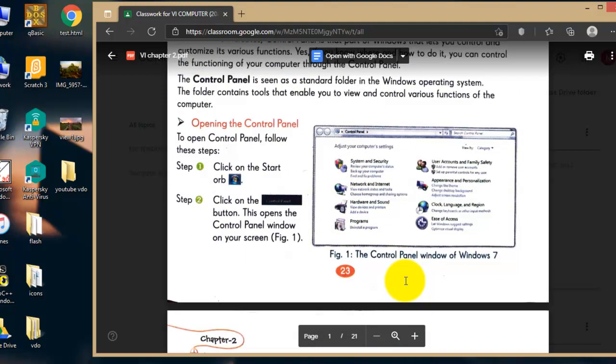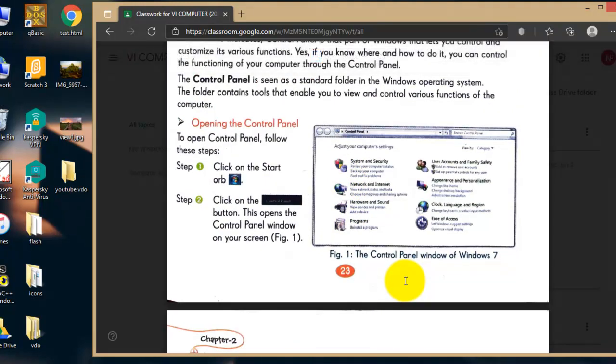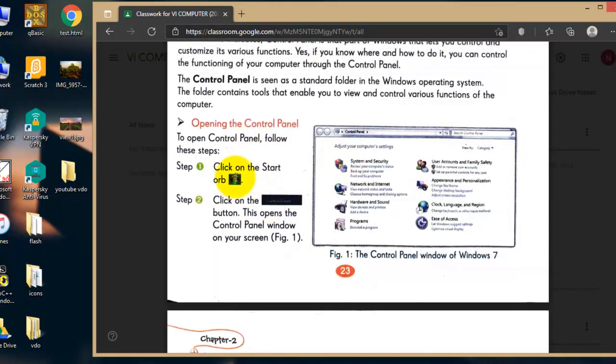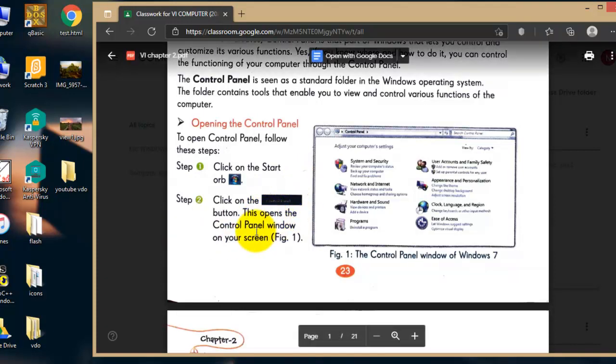Okay, first thing is, if you're using Windows 7, click on the start button at the bottom left corner. There is a start button, viewed like this. You can click on this one and click on the control panel button. There is a button called control panel. You can click on that one, and this opens the control panel window